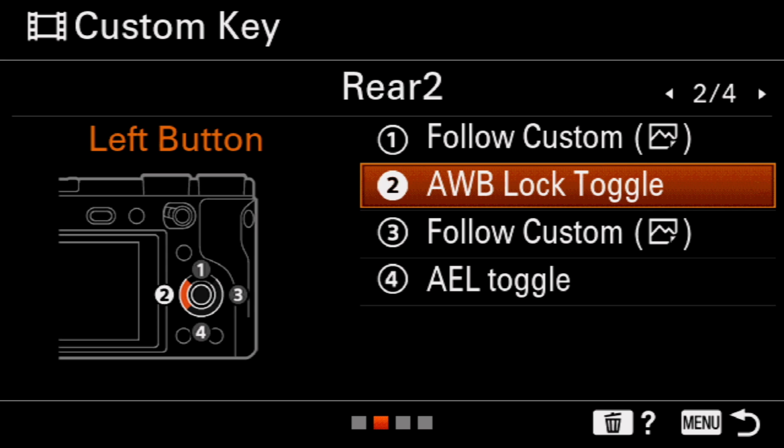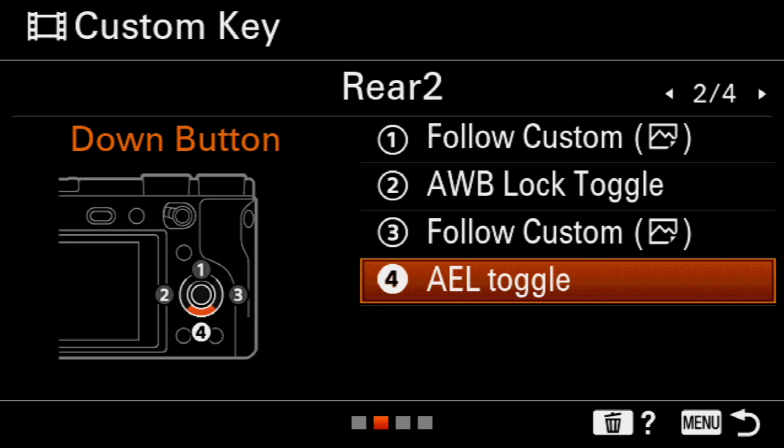Number 2 is set to auto white balance lock toggle. So if the white balance, if I'm vlogging, is set to automatic white balance, and I find a good way or a good something that I want that set to, I'll have the camera lock it at that certain specific exposure. The other thing is the auto exposure lock. So if the ISO, again, in vlogging, for example, if it's set to auto and I discover that whatever that